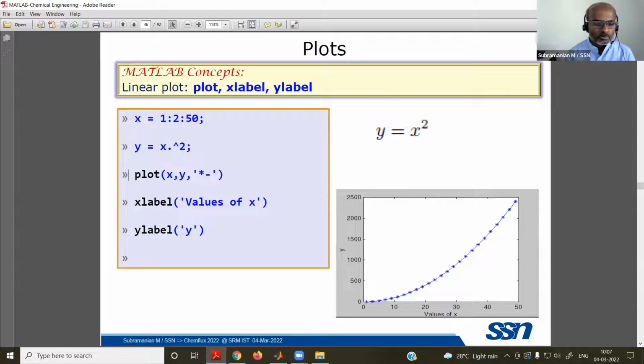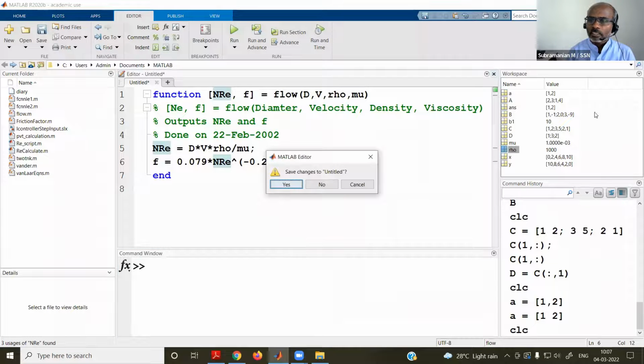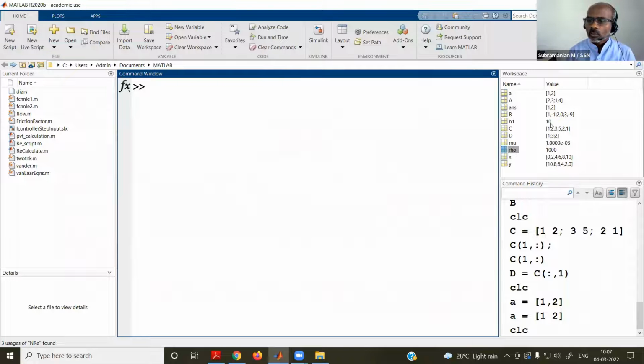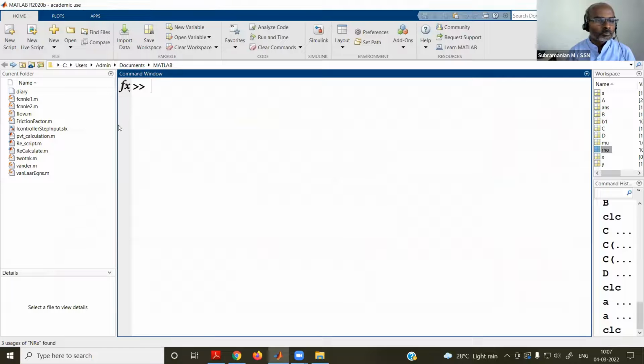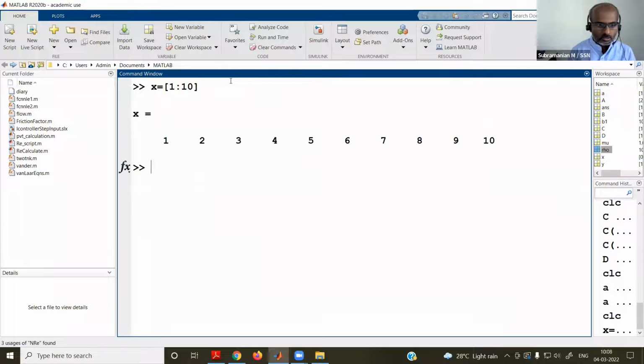Let us try this. Let me clear everything, and I'll clear the other variable windows. If you don't need any other window, you can also reduce its size. Okay, so let us see some plotting. x equal to 1 to 10, and y equal to, let us make a polynomial, y equal to x dot square.